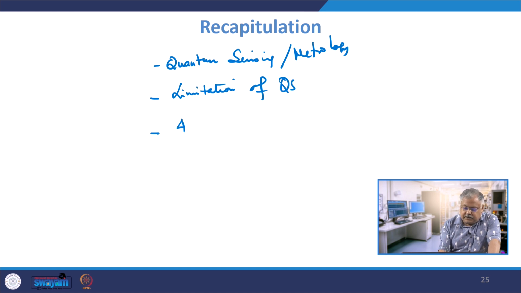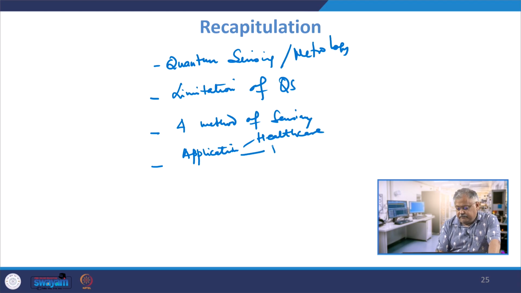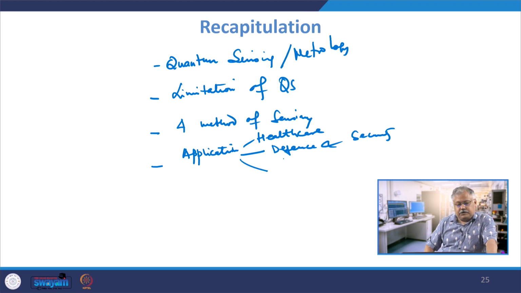Then we looked into the 4 methods of sensing, and finally we understood the various applications of sensing in healthcare, defense and security, and so on and so forth. There are many applications which I have noted down. And so this gives you a brief insight into how you sense the quantum sensing